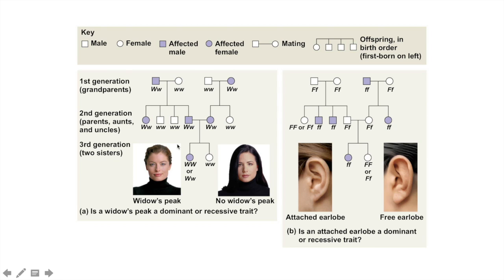Okay, so here are a couple of different pedigrees, and what you can see is that the way that they're drawn is they're just like a family tree. So here's your key up here. Males are shown as squares, females are shown as circles. And instead of saying diseased or something like that, we use the term affected, because not all of these traits are necessarily things that you would attribute some sort of pathological disorder to,